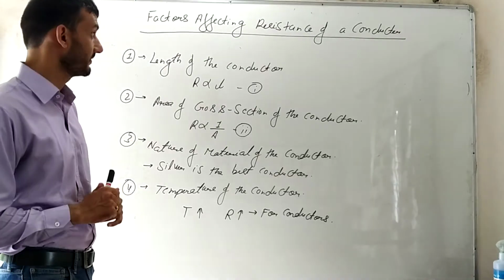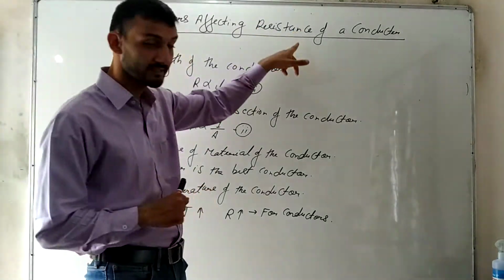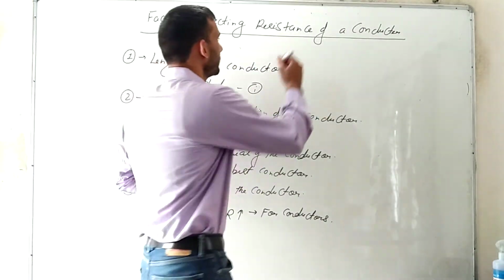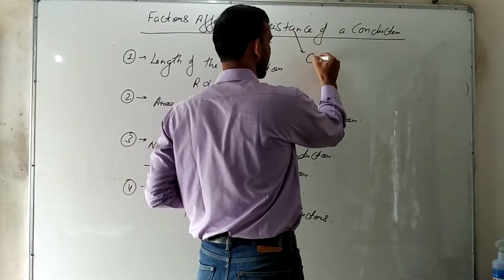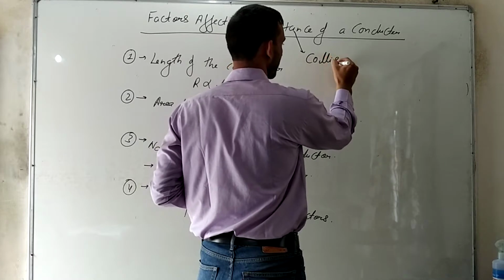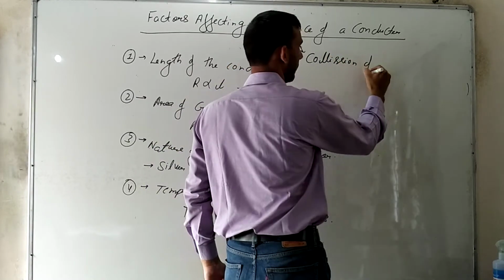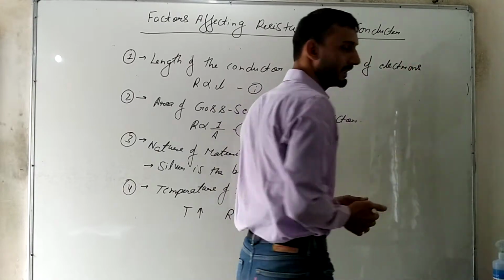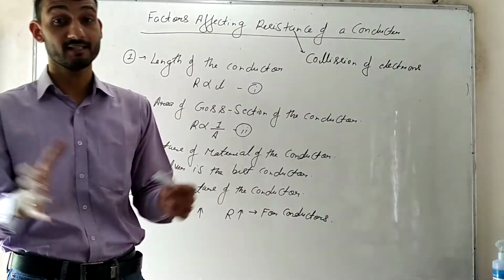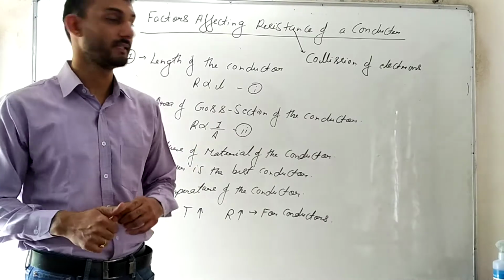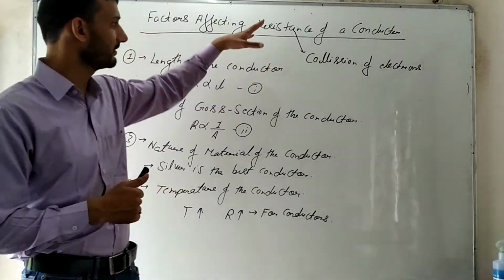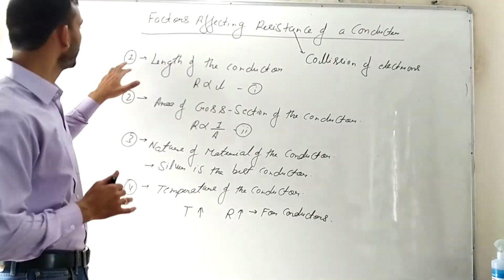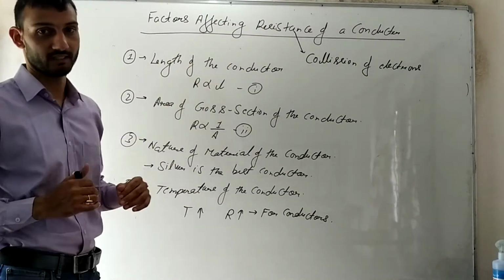Now in the last class we have already discussed resistance, and let me bring to you again the cause of resistance. As you know, the cause of resistance is nothing but the collision of electrons. When electrons are moving inside a conductor, they continuously collide with each other, and because of that collision of electrons, this resistance is there in the conductor. Okay. Now the first factor, length of the conductor.